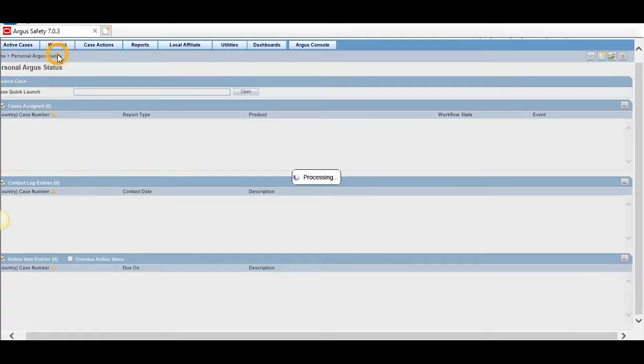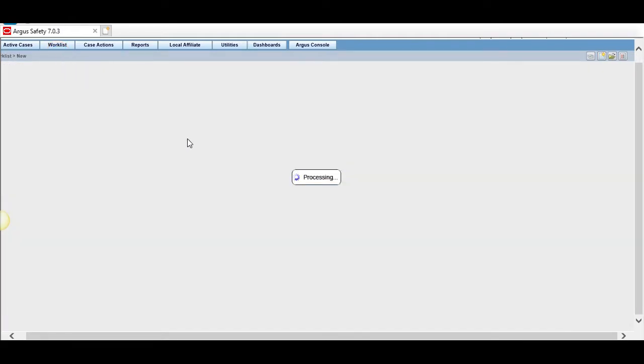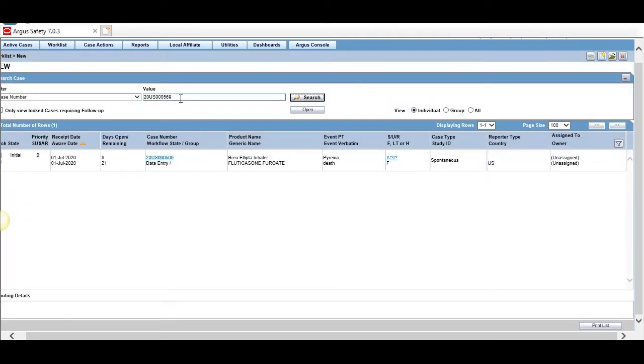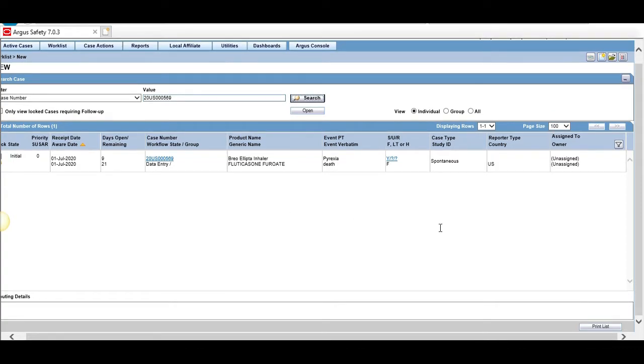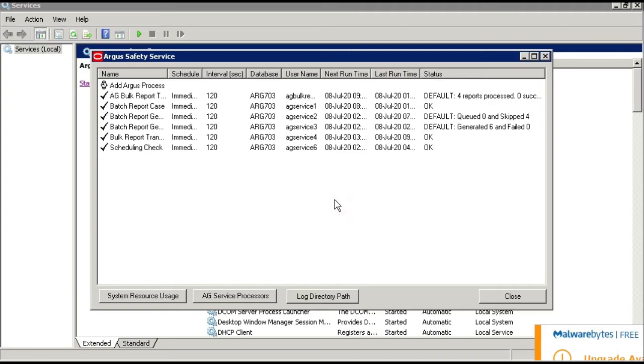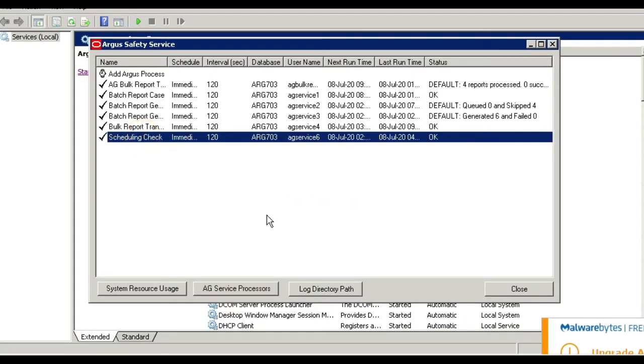Let's go to work list new. This is the same case number with days open as 9 and days remaining is 21. Now let's go to the transaction box where our scheduling check AG service is configured, and let me show you the configuration. So here is our Argus Safety Service scheduling check service.